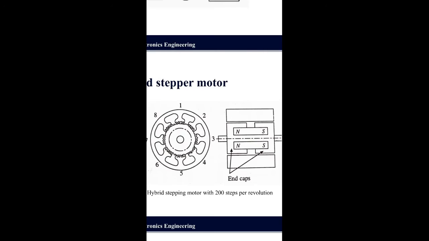A wide range of step angles is available, that is from 1.8 degree to 90 degree. The range of torque is from 1 micro newton-meter to 50 newton-meter. Bidirectional control is also available. Maximum torque occurs at low pulse rate. The stepper motor can accelerate easily. Low speeds are possible without reduction gear. Moment of inertia is usually low. The starting current is also low. Multiple stepper motors driven from the same source can maintain perfect synchronism.